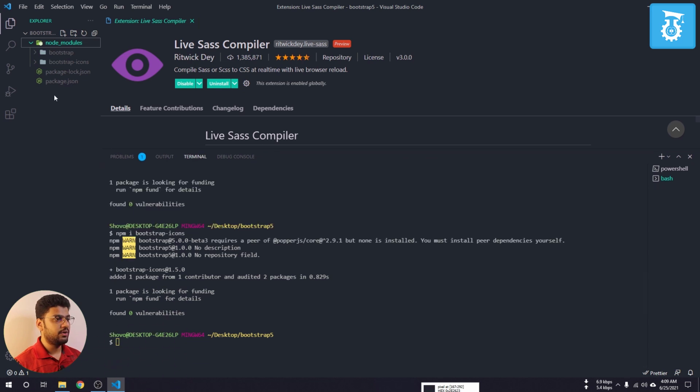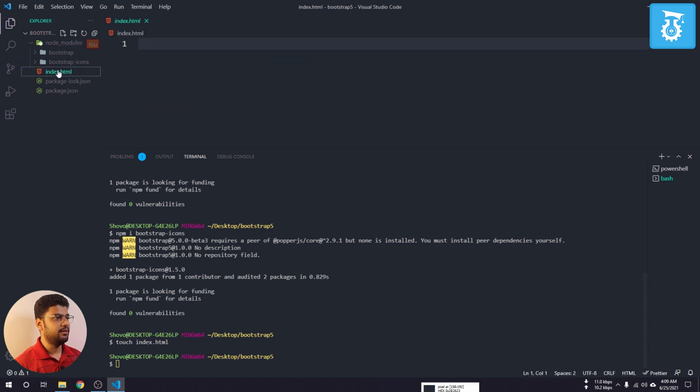Using terminal, you can also create any project. Like if I am interested to add an HTML file, index.html file, I can do that. So I'll write touch, and then index.html, and if I hit enter, in that case you can see I have an index.html file. Also you can create an index.html file from here. Actually using terminal is good and also it's fun to me, so I like to do that.